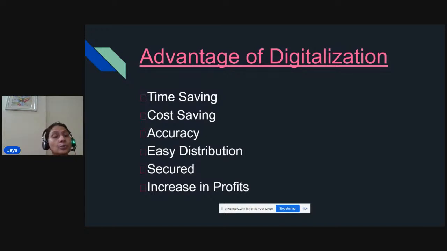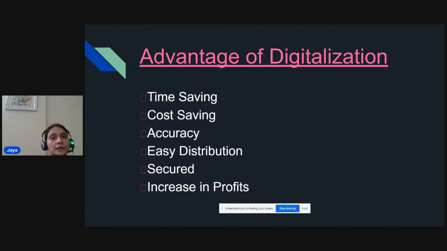We are coming to know about the advantages, where it is time saving. You all know, when you're surfing, sitting at home or in the office, you can see all the deals and all the information about the product. If you're buying it, it is cost saving, because you're not traveling from one place to another. You're sitting in one place and getting all the information about the purchase, the deals, the product, the company, and the brand. Everything you're getting in one shot.